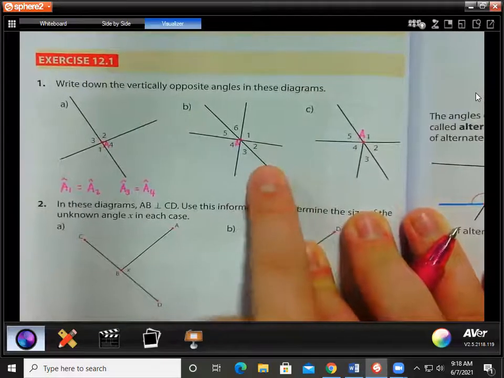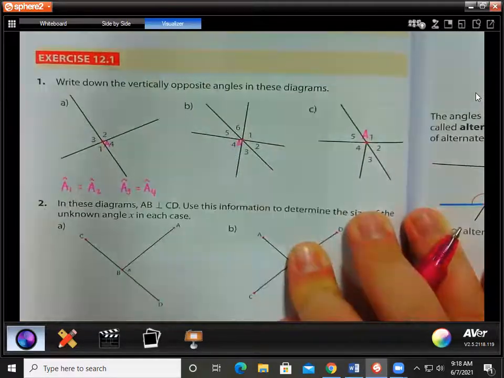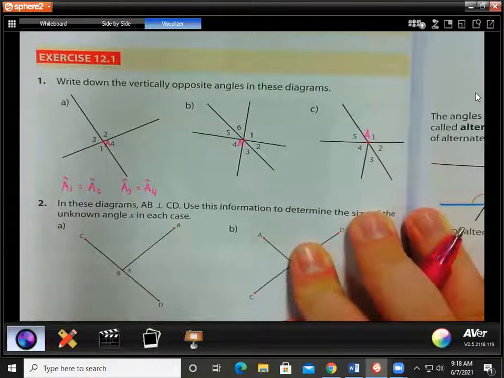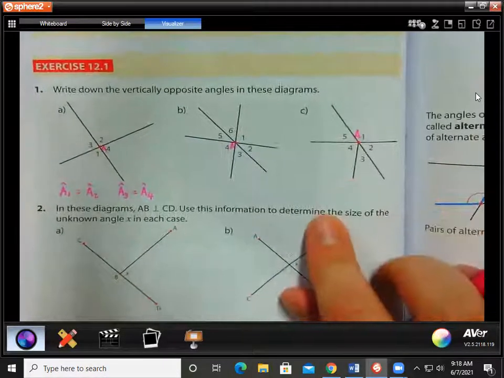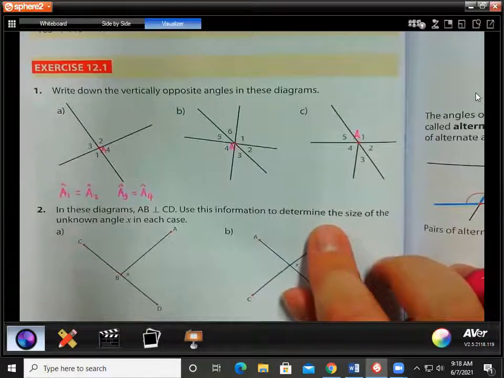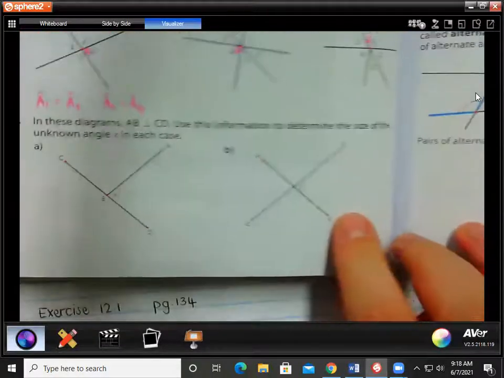In B, you're again going to look for vertically opposite angles. There might be more than 2 pairs, just a hint. And then in C, you're going to do the same thing. Then in number 2,